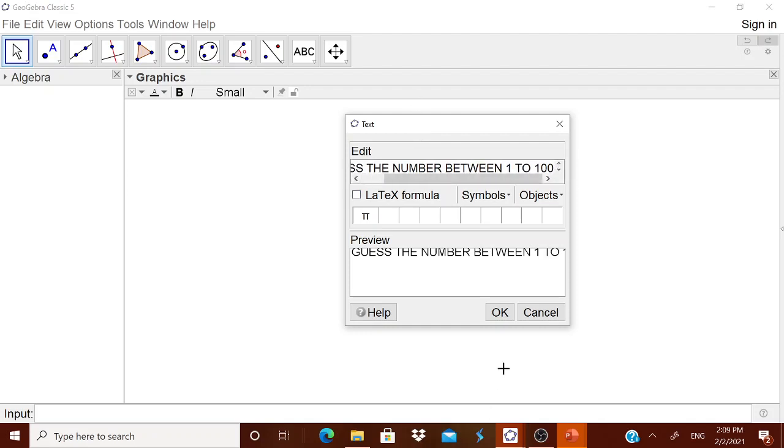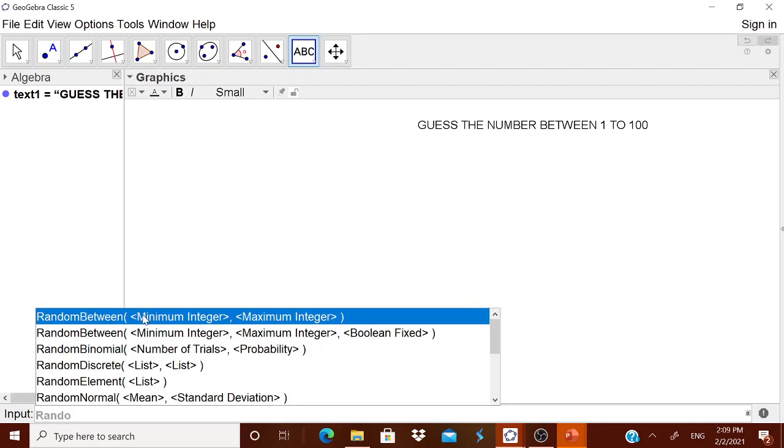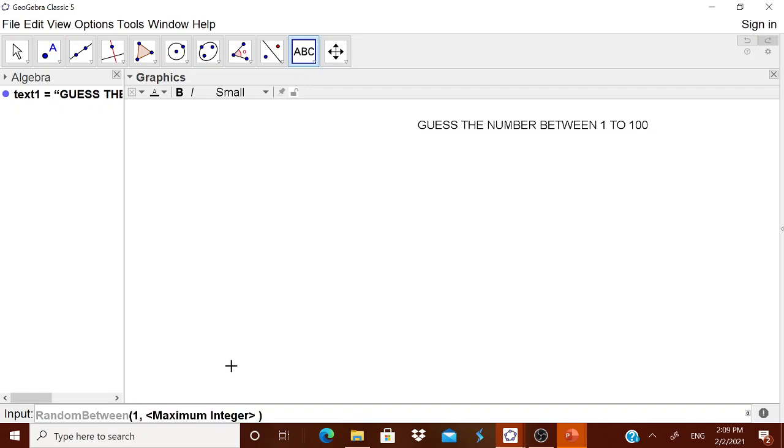Now you have to get a number, and that number should be a random number. Therefore type random between 1 and 100, then press enter. Now it has taken 94. It will keep changing whenever we press a button.